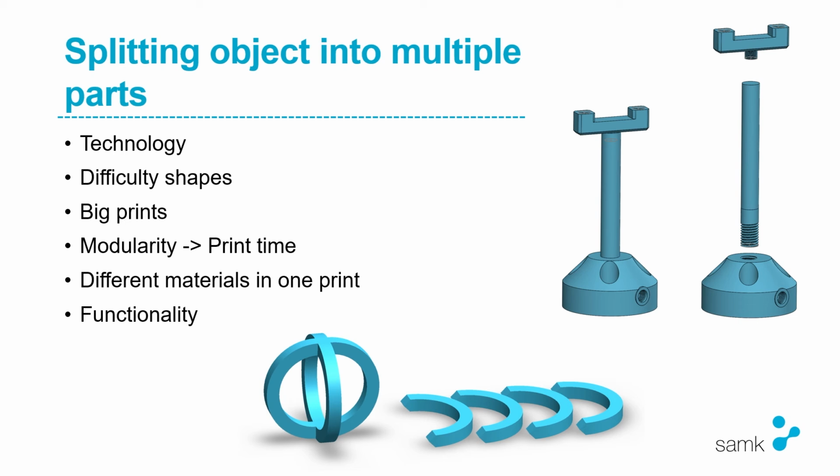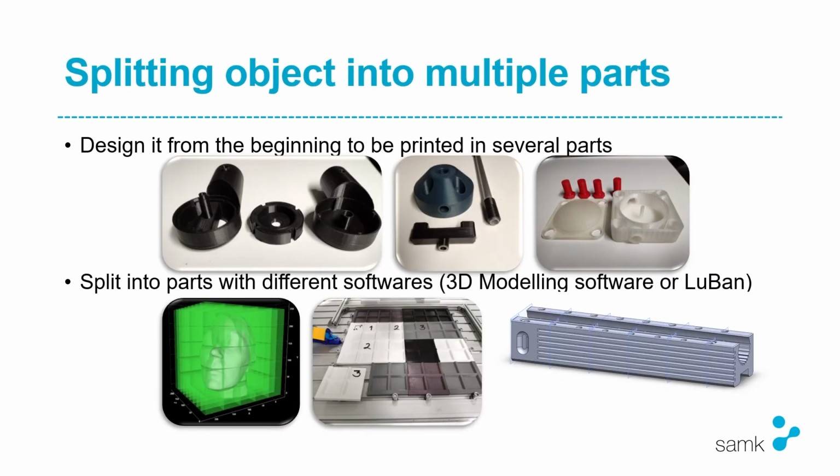So we can now change the amount of vacuums used in the gripper, or we can adjust the distance between the 2 vacuums by changing the head of the vacuum gripper. There are a few ways you can split a part into multiple parts. When you start designing with the aim of creating it in several parts, you model different parts and make them work in the 3D model and then print them out separately, like the 3 examples